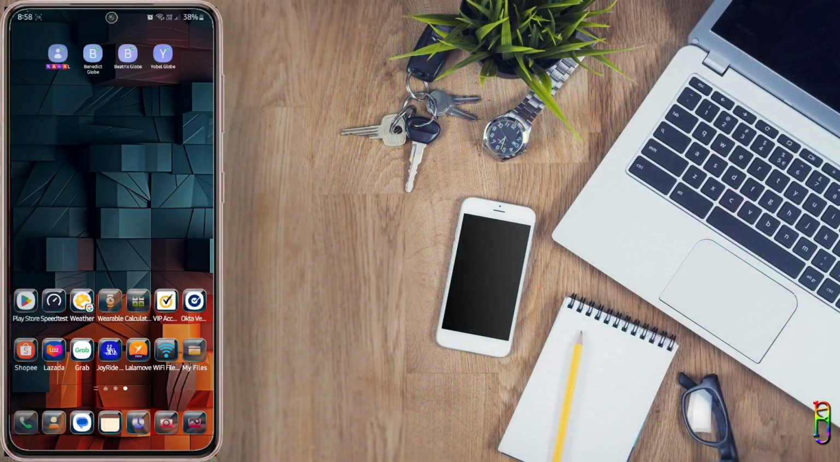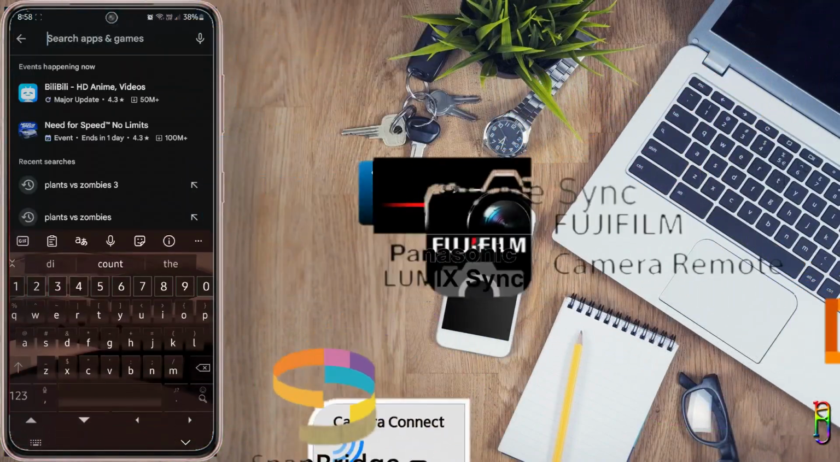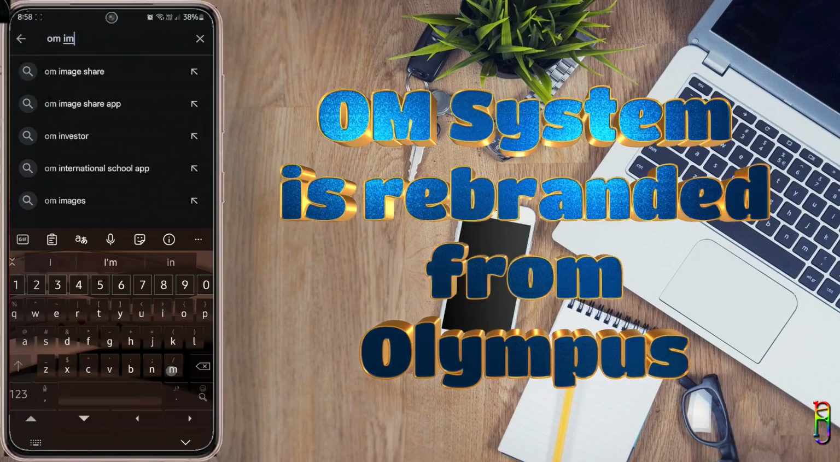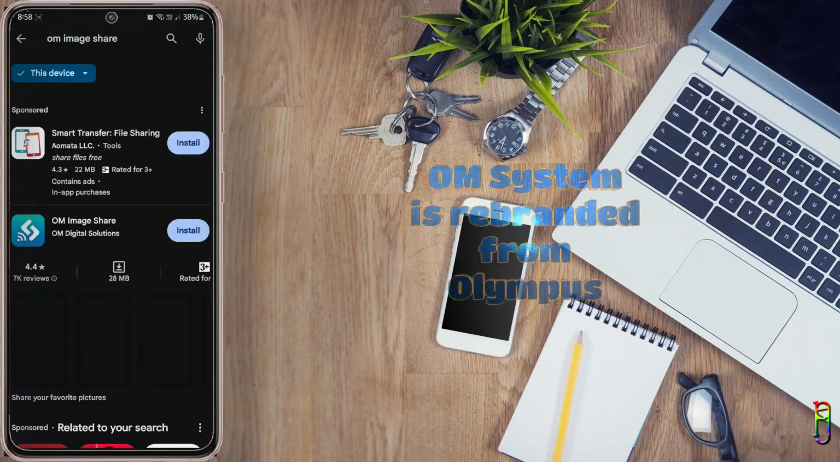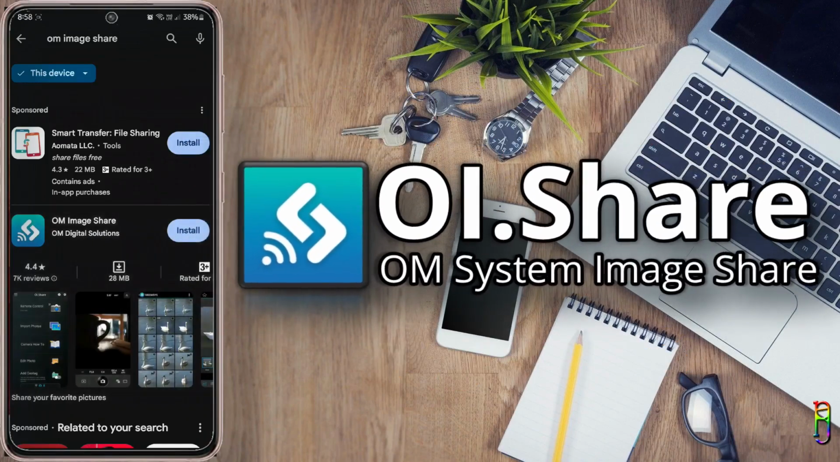Alright. Most of the cameras these days have their own way to transfer data wirelessly from the camera to another device, and OM System cameras, formerly Olympus, are no different. In this video I will walk you through how to use the OM System Image Share application, or OI.Share app for short,